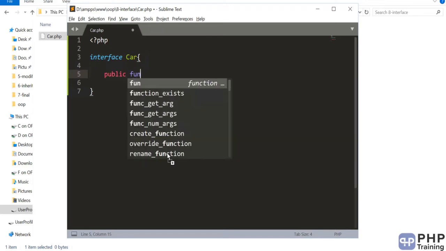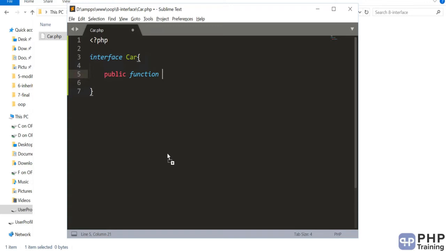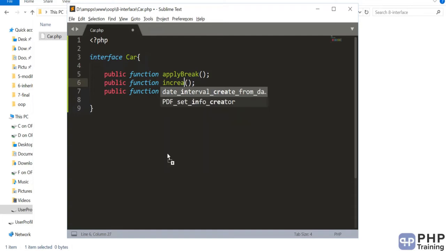You'll say these are of type public function. You have three methods: apply brake, increase speed, and decrease speed.